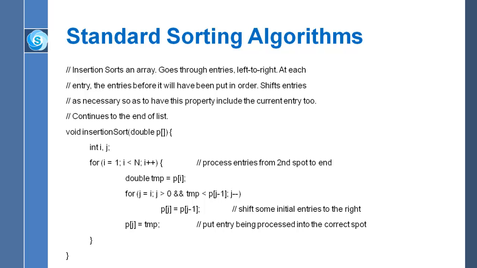Okay, so here we go. We copy what's in P[5] into temp. Okay, now we start this inner loop. The inner loop has a loop counter J, which is initialized to I and which is decremented each time through the loop. So this is going to basically allow us to do some backwards looking through the initial portion of the array,